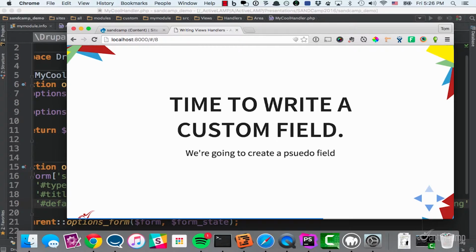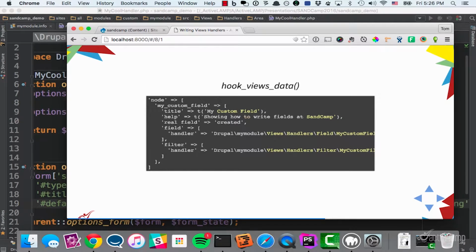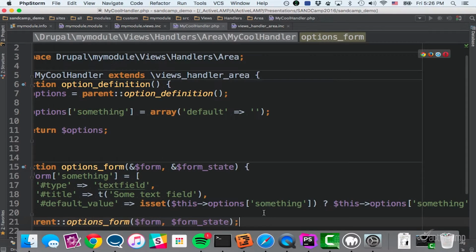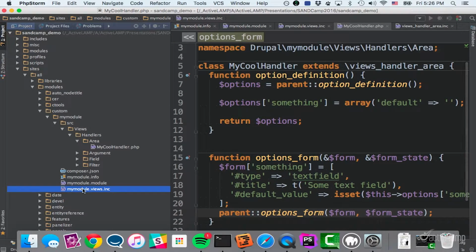Or what I'm going to show you guys here is how to create a pseudo field, because sometimes you need to create a pseudo field, and so I've got an arbitrary example that hopefully demonstrates how this could be good, and so we'll get into it. So this is how you describe fields on a table, and so I'm just going to jump to this code back over here since I have it open. And so if I go into this file here,